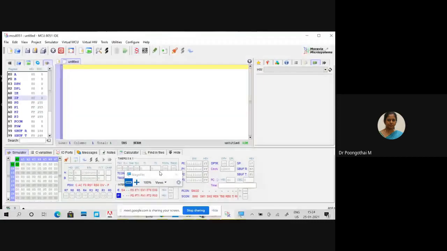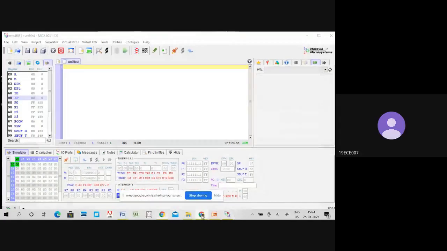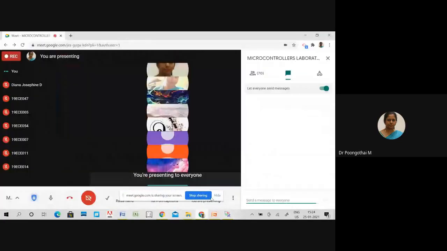And next, this window is the internal RAM memory. What is the size of your internal RAM memory? Your internal RAM memory size is 128 bytes. Okay, that 128 bytes is divided into 3 parts. So what are they?